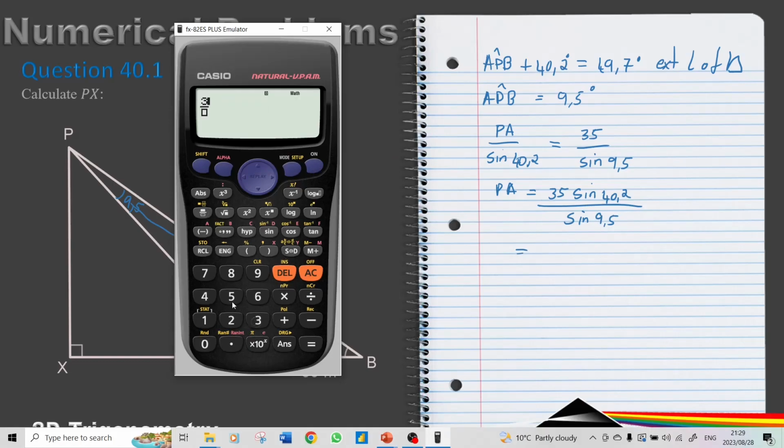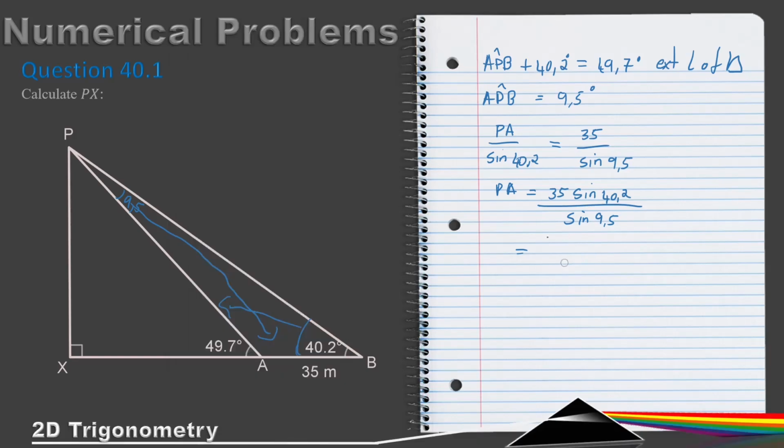So this is going to be 35 sine of 40.2 over sine of 9.5. That's 136,88. Okay, and that is in meters. Okay, so we have 136,88 over here, and then opposite and hypotenuse, so that's sine. So sine of